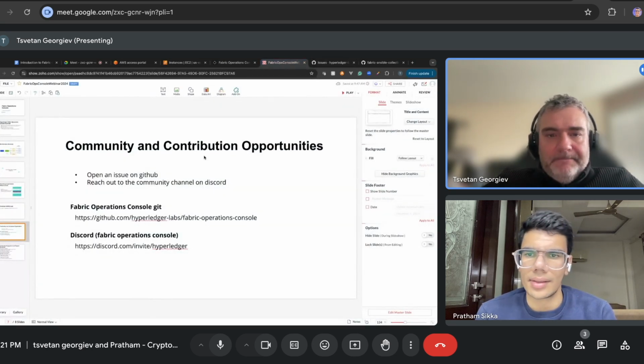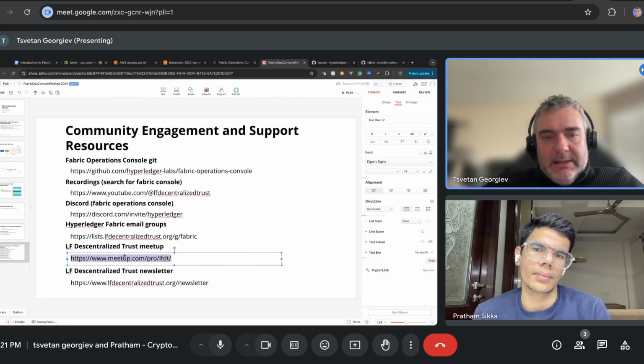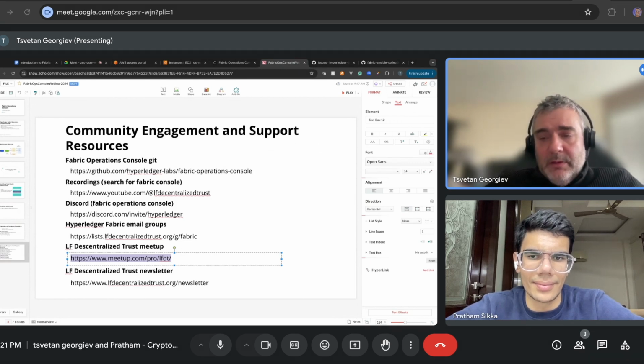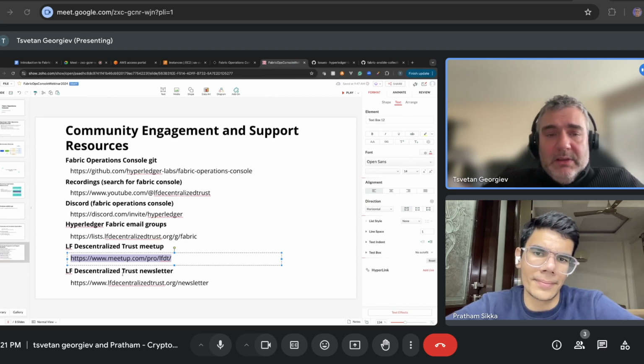That's one of the things that is also important. So, for example, I have a couple of links here. You can see, for example, we have the Linux Foundation decentralized meetup. You can actually sign up for a newsletter. It's more of a generic thing for many projects, but sometimes things come up for the Fabric Operations Console. So this is a good start, and of course there are email groups